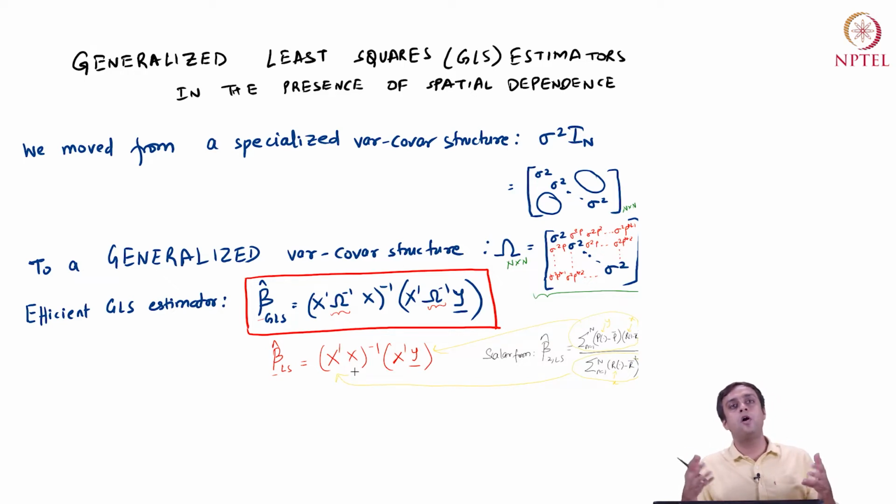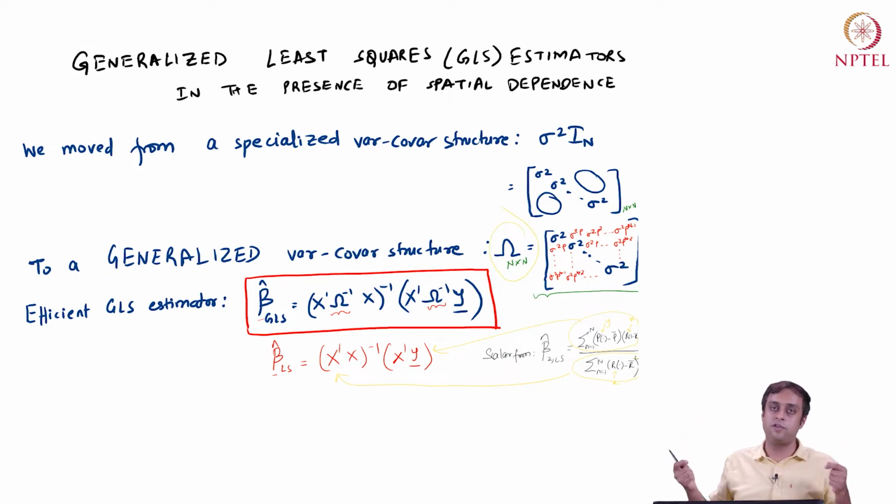So the matrix form is just a concise form of the data, right? What is matrix X, what is matrix Y, all of that, let's look at it with our example going forward. But here I just want to provide you a functional form for beta hat GLS and how it is different from beta hat LS. Beta hat GLS explicitly accounts for the complex variance covariance structure, which accounts for spatial dependence, by the way, in the estimator definition itself.